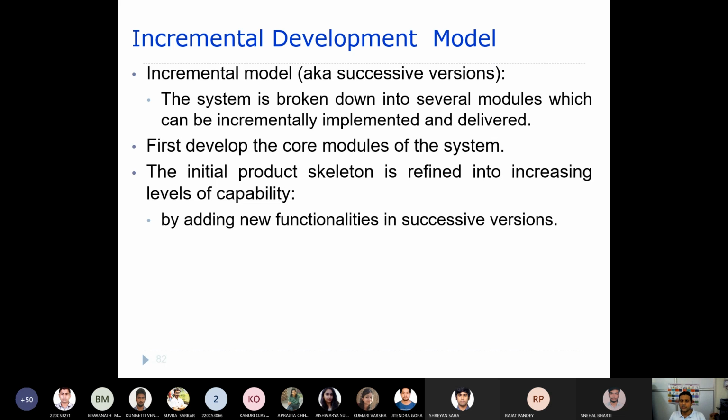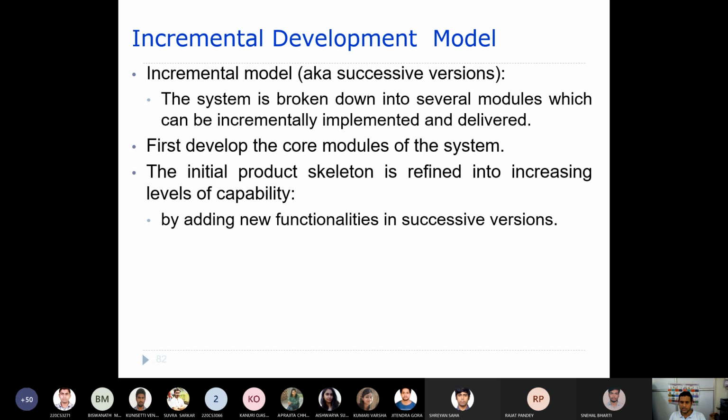Similarly here, you first develop the important core modules, and then you go on to the next version where you add a few other modules. Then you keep on refining those things so as to come up with the complex system that we ultimately are going to develop.